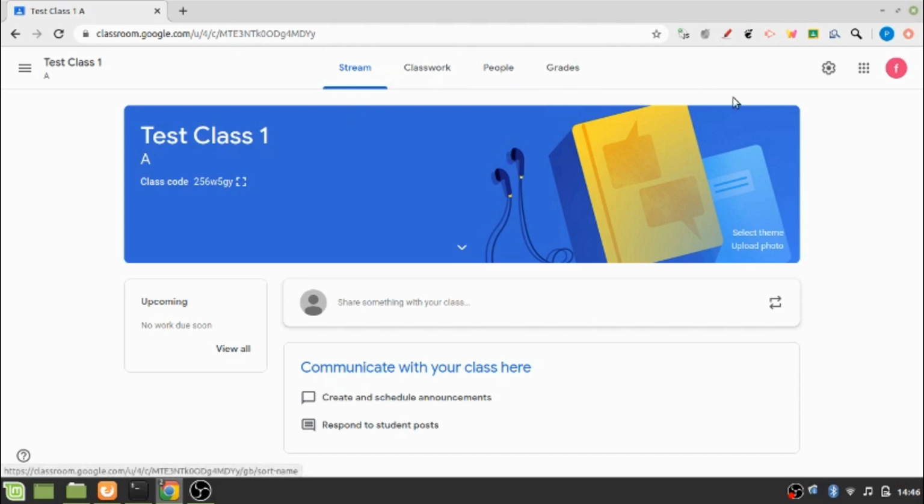So this is the landing page for your Google Classroom, and this particular area is like the cover theme area for your Google Classroom. It is just like the way that you have a cover photo to any of your social media account. The same way you can have a color theme for your classroom as well, and by default one theme has been chosen, but you can always change this theme by going to this option, select theme.